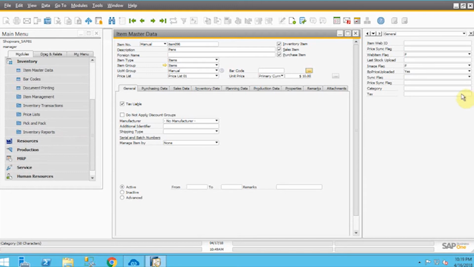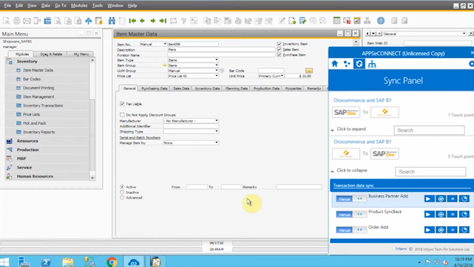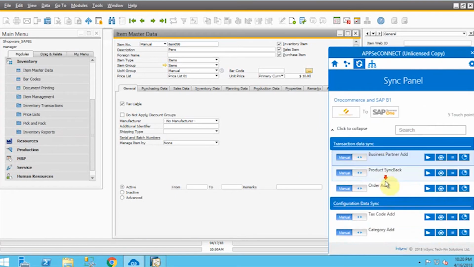item from ERP to OroCommerce, because OroCommerce has versatile B2B catalog management capabilities, which generally allow sellers to customize product catalogs for separate divisions, business units, or individual buyers or customers, and each group has access to its own catalog where purchasing managers are able to view its content and purchase products. Also, it's a required field in OroCommerce, and through our master data sync, if I open this AppSeConnect agent,